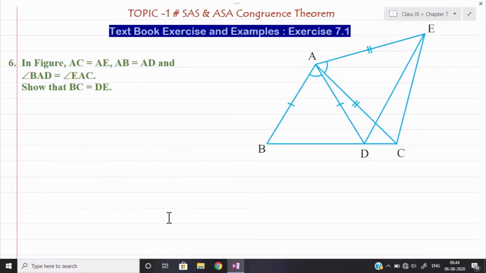As you can see, the equal mark on AC and AE, they have marked the double equal mark. And second thing, AB and AD are equal. And the third thing we have given here, angle BAD, I will say it is my angle number 1. And second angle is angle EAC, so EAC is coming here. This is my angle number 2. And the angle coming in between them, this angle I will mark as angle number 3. Why I am marking it, you will come to know a little later.